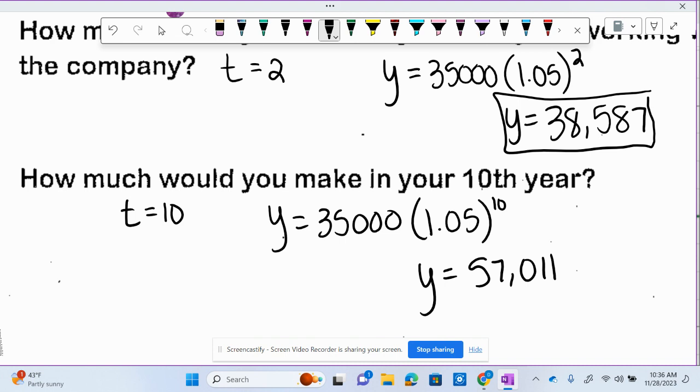Awesome. All good up there? Does everybody understand how to do this? Yes? Okay. So go ahead and staple